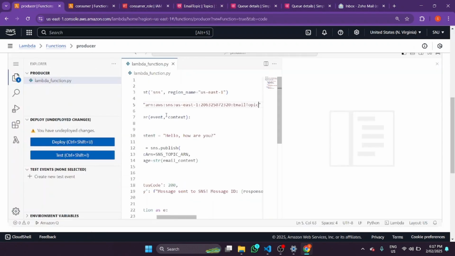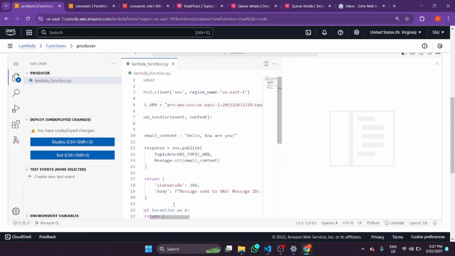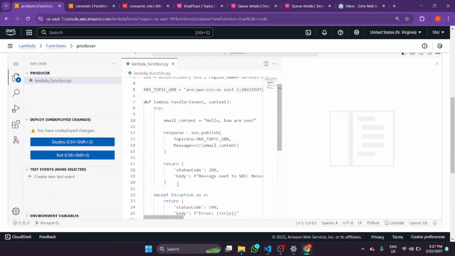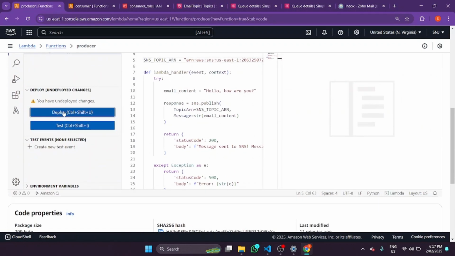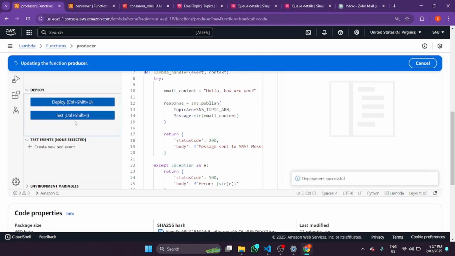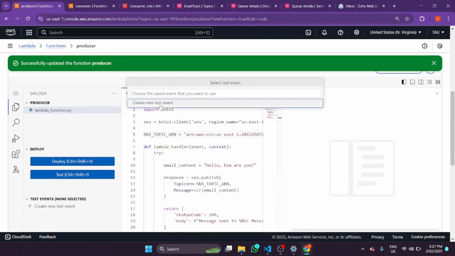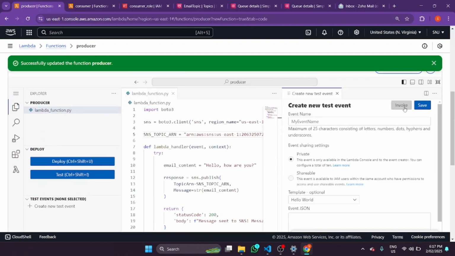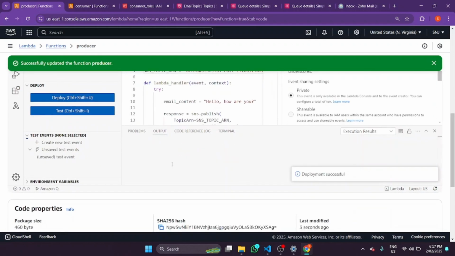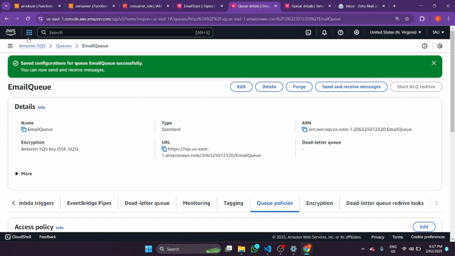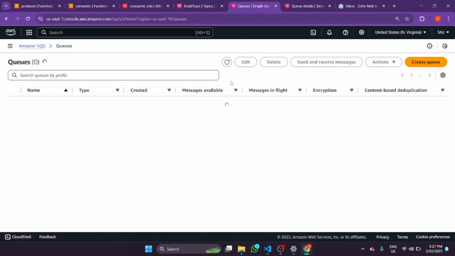Make sure the region's correct, and everything else is right. Then we're going to deploy, and then we're going to test it out to see if it's added to the queue. Really simple, we just need to invoke it. So just invoke it. It should say it's successful. Yeah, message sent to SNS. And then if it has been successfully pushed and fanned out, it should